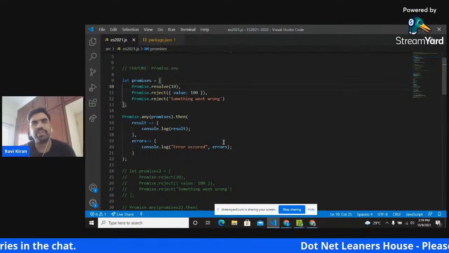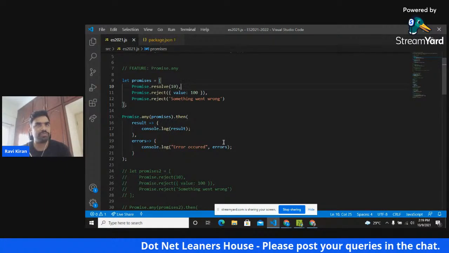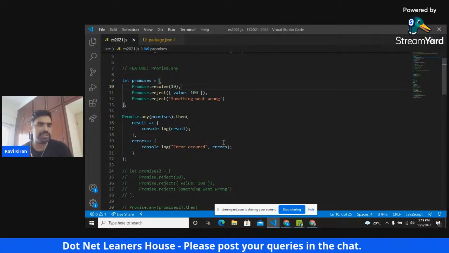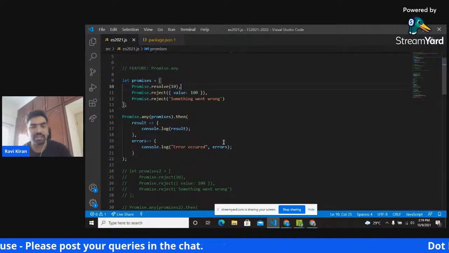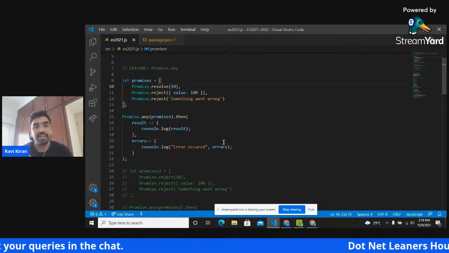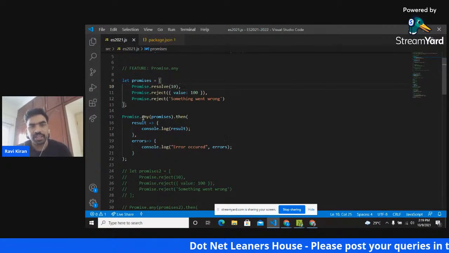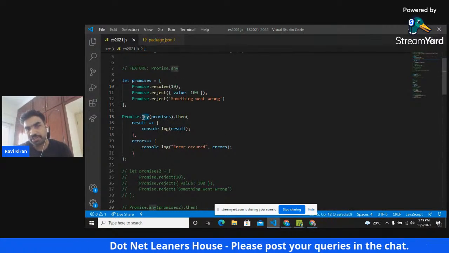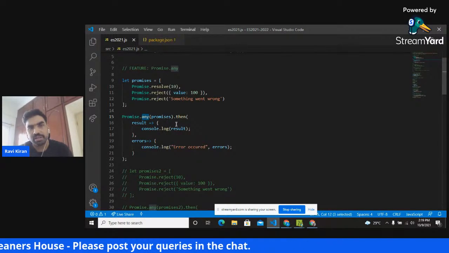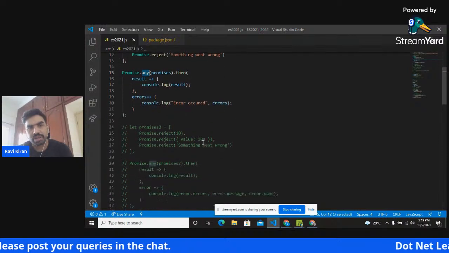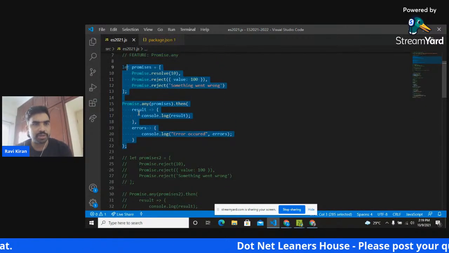All will pass only when all the promises are resolved. Okay, it gets rejected as soon as the very first promise gets rejected, or as early as possible. So if something gets rejected, the Promise.all also gets rejected. But Promise.any stands for: if any of these three promises is resolved, then the entire promise is resolved. Now let us look at another case where all the three promises are going to fail.